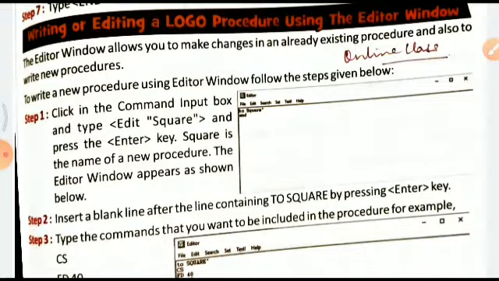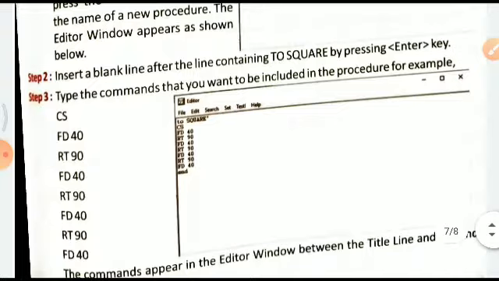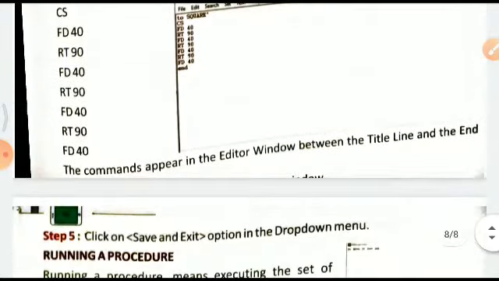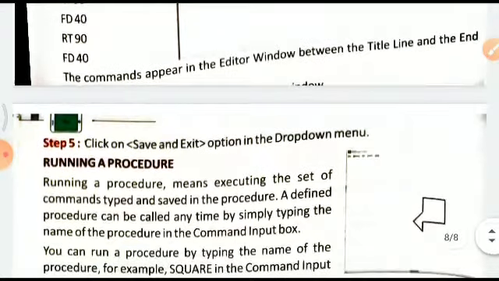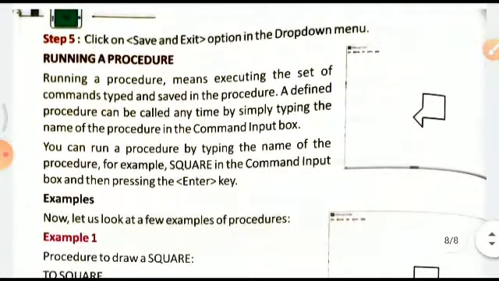The editor window appears as shown. Insert a blank line after the line containing TO square by pressing the enter key. Type the commands that you want to be included in the procedure, for example, like this. The commands will appear in the editor window between the title line and the end. And then click on the save and exit option from the drop down menu.